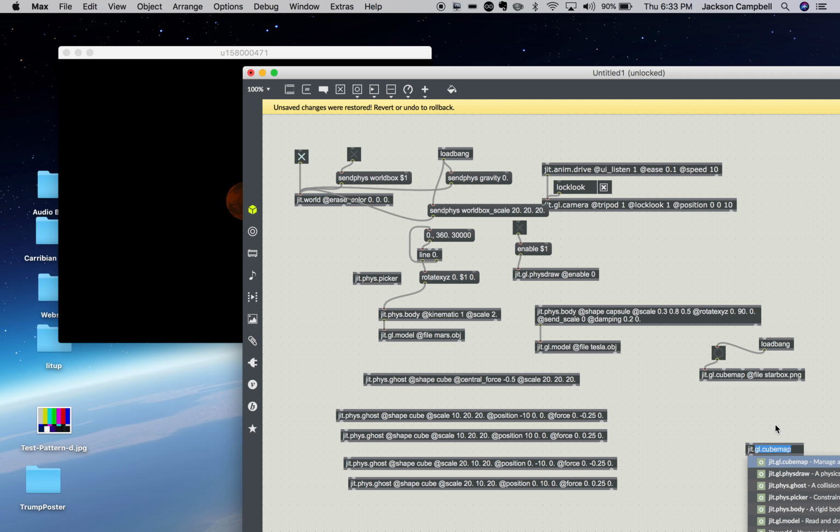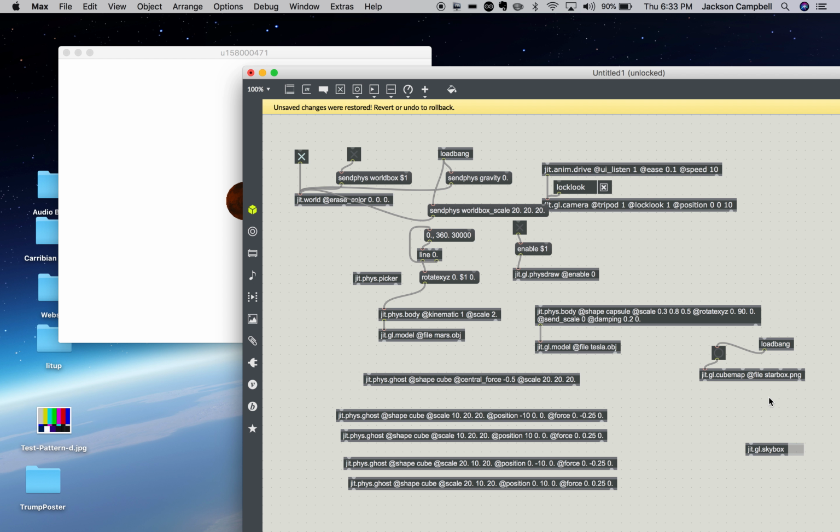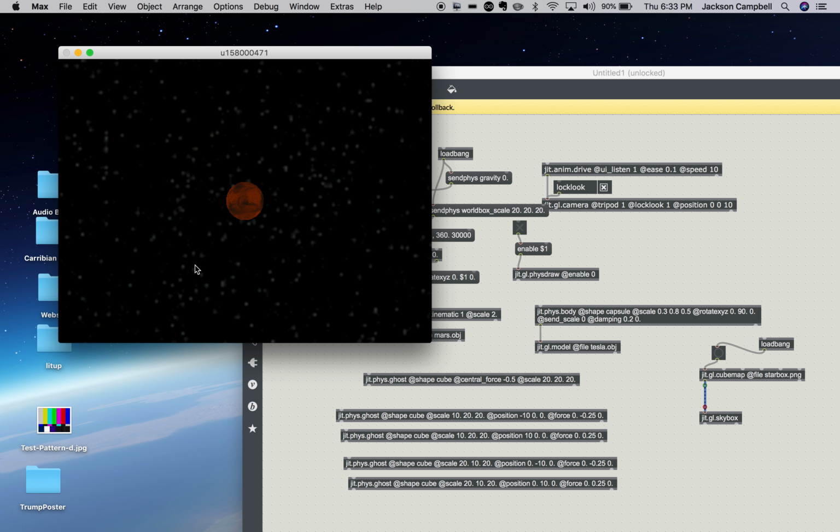And then we want a jit.gl.cubemap. No, skybox rather. jit.gl.skybox. And if you click this, put that in there, and you click the bang, it'll fill that in with the skybox, which is stars. So now you have the Tesla orbiting Mars